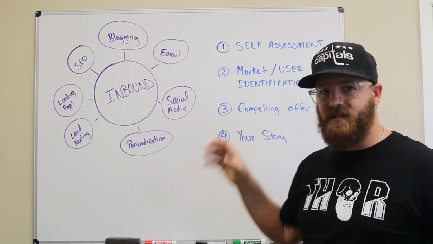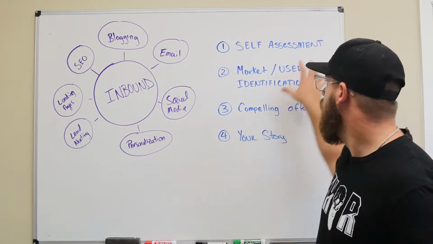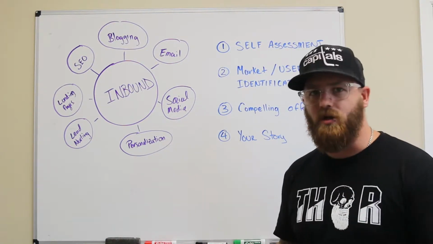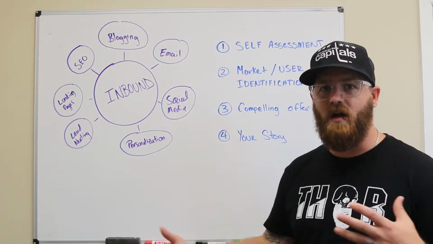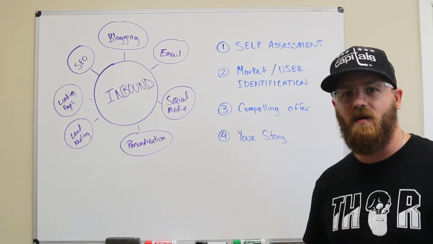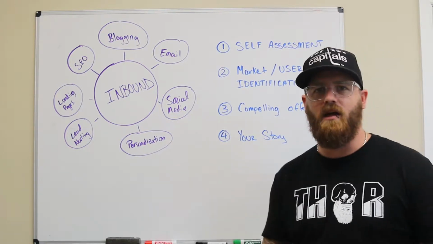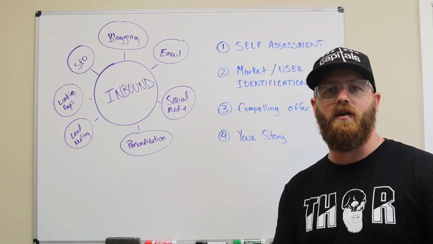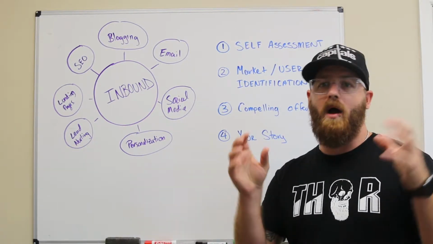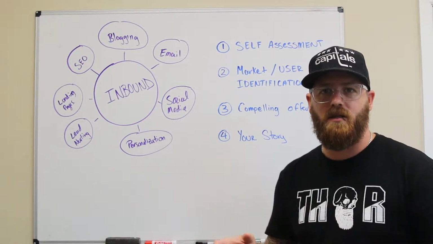So we start with self-assessment. We start to understand who we are. We begin to have a better idea of the market, who the players are in the market, how our user base is going to interact with the type of content, the things that we're building there. And then we want to look again back at ourselves and ask, what's our compelling offer? What do we have to give? What do we have to put out there that's of value that would immediately entice and intrigue people that we want to attract to our business?